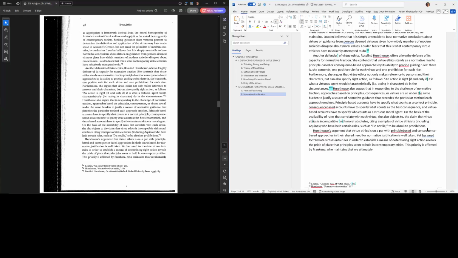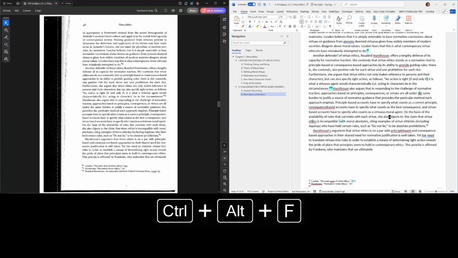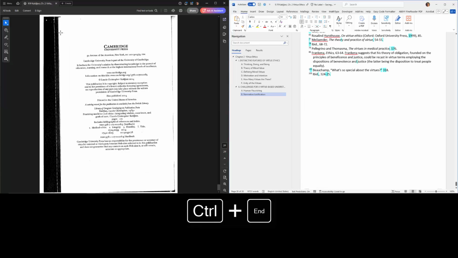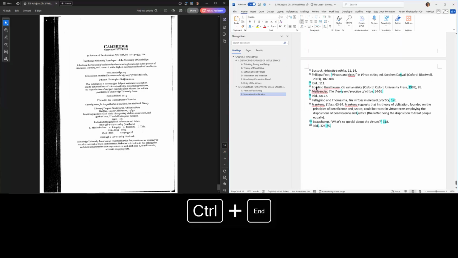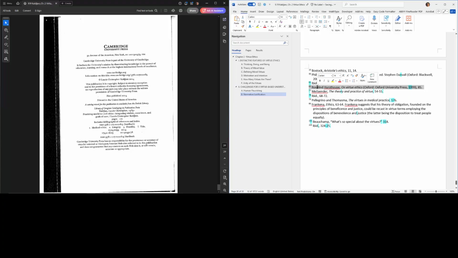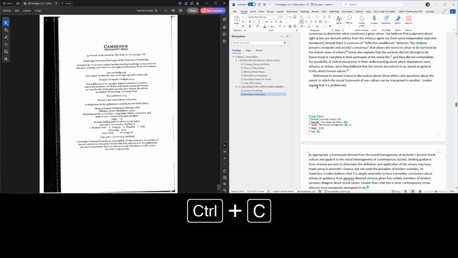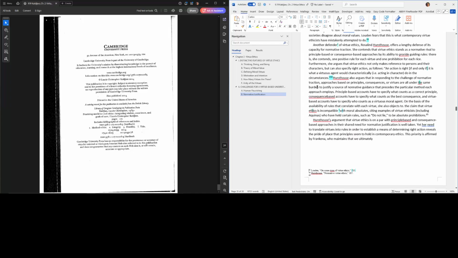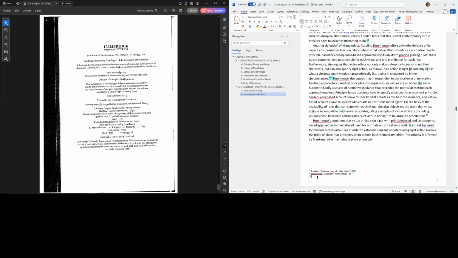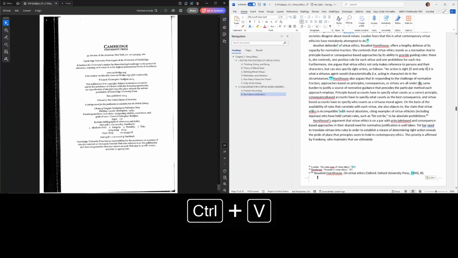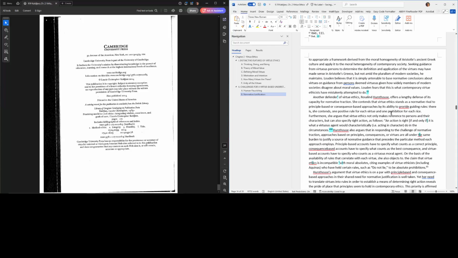So get rid of that numbering, Control Alt F to add a footnote, jump to the end of my document, triple click to get the line, copy it, Page Up to get back to where I was approximately, paste that text, and get rid of the text version of 65. Okay, and then just clean up.